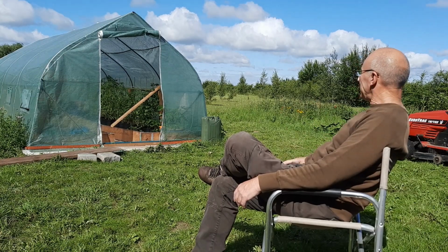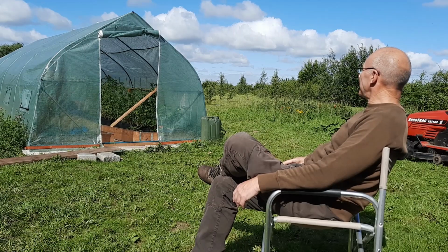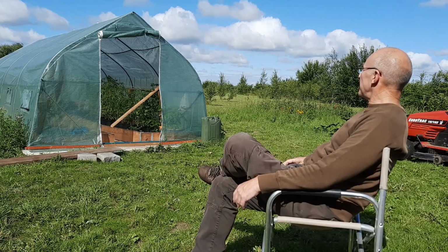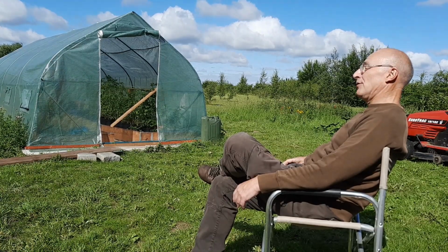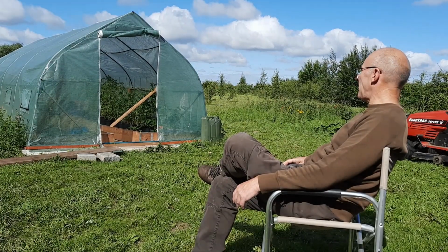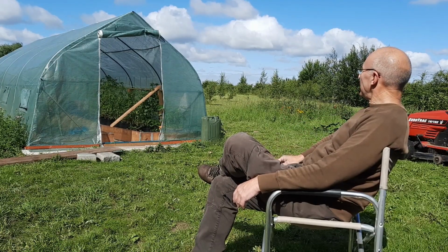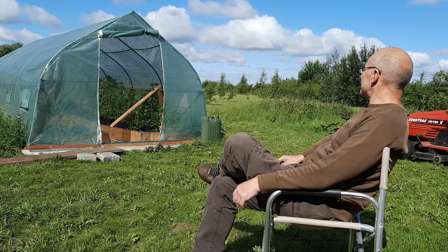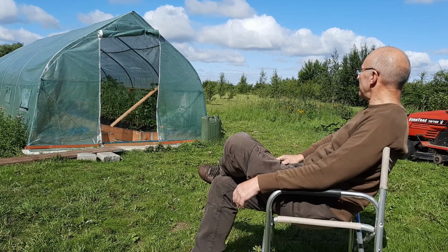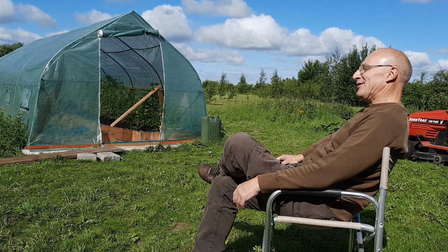So there is the old polytunnel. I'm amazed actually that it's remained standing through the winter and the spring, with all of the really quite considerably bad weather that we've had with gales. It is nice to have the doors open, even though there is a little bit of a wind today. It's not too bad, but that has been an extreme learning curve,